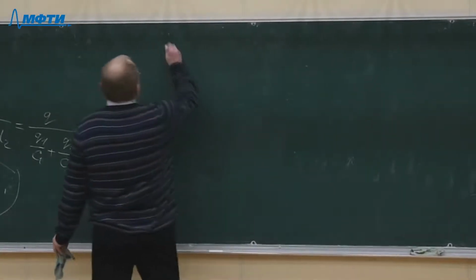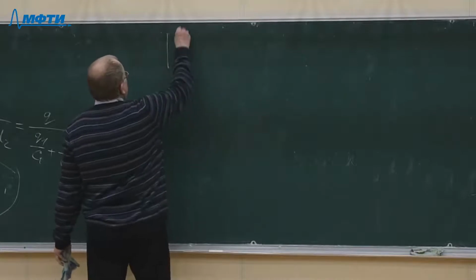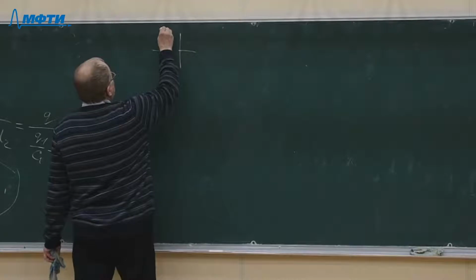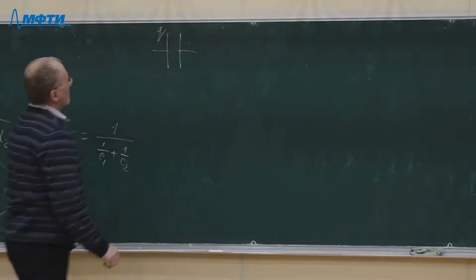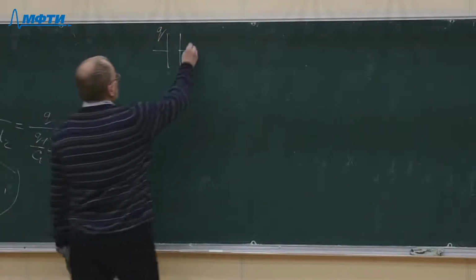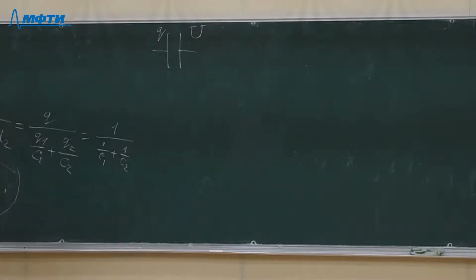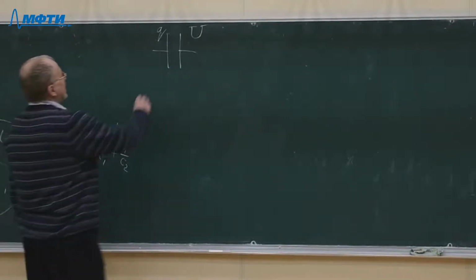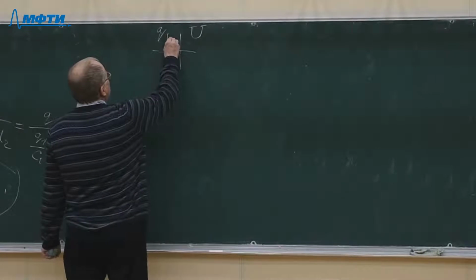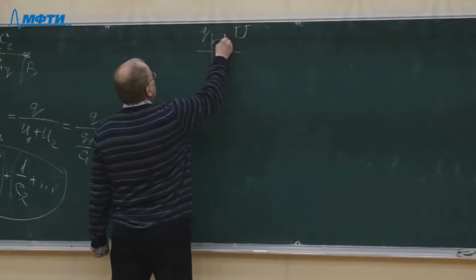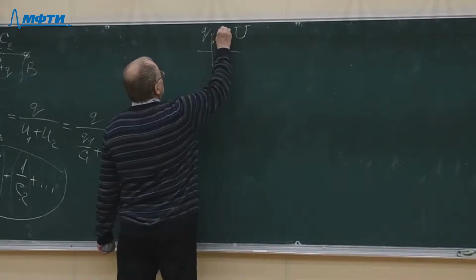The energy of a charged capacitor. Suppose we have a capacitor charged with some potential difference U and charge Q. If we take some additional charge from here and carry it to another plate, an additional small charge delta Q, we